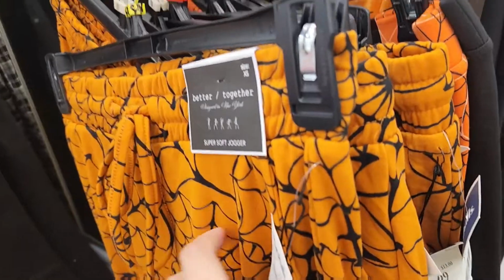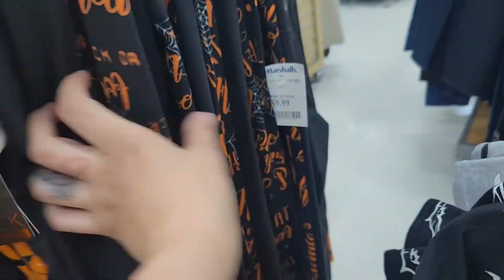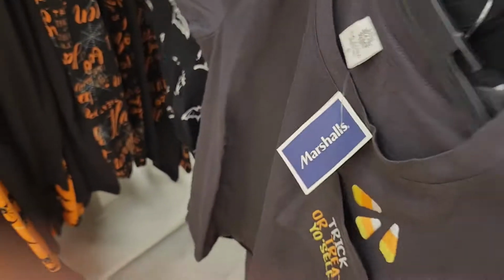This shirt was really cute. The bats, it was glow in the dark. They had these spiderweb pajama pants, and they had these little cat pajama pants. This one says trick or treat and Halloween with spider webs on it. And it was so soft, guys. It was super soft. This is the bat shirt that had